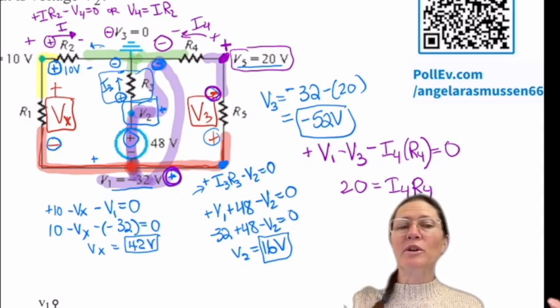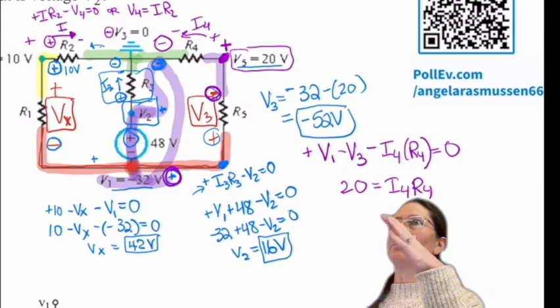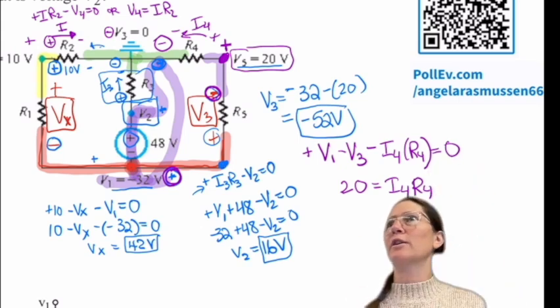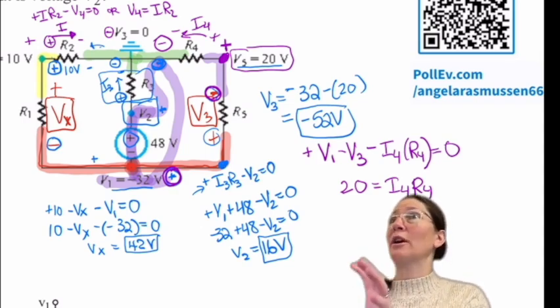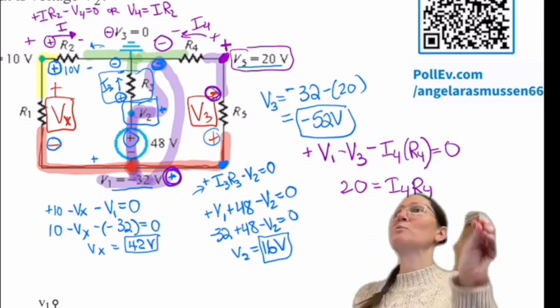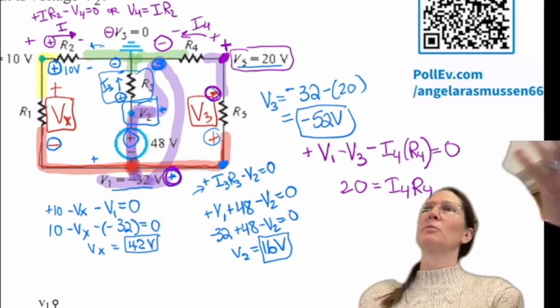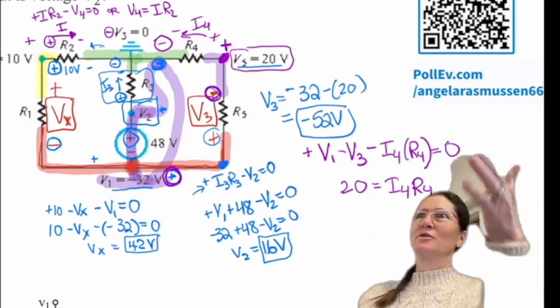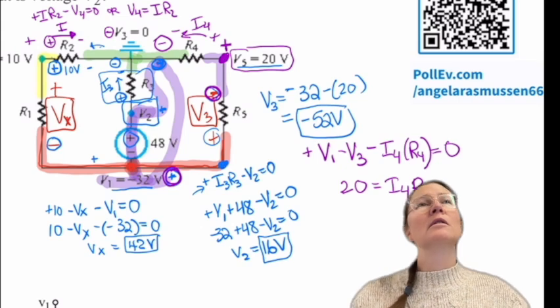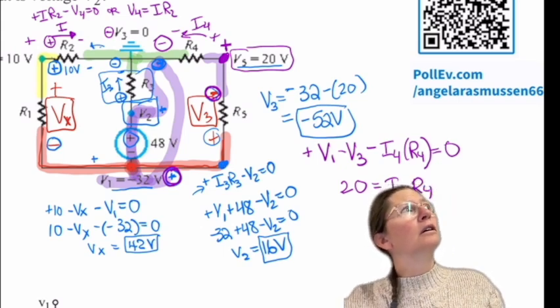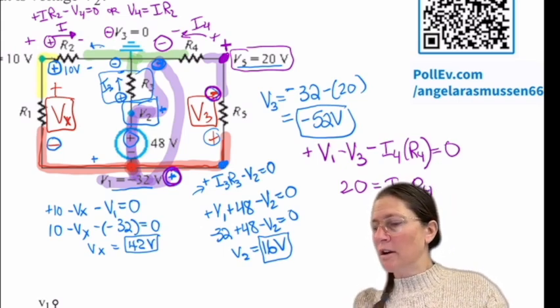So even though V1's negative, I can still say it's plus and then substitute in the negative value. And what I recommend for everybody is to always put positive on the node and then relabel it once you've done your loop with the positives and negatives. So when you did the loop for the purple one, and you did plus V1 plus 48 minus V2, how do you know the minus